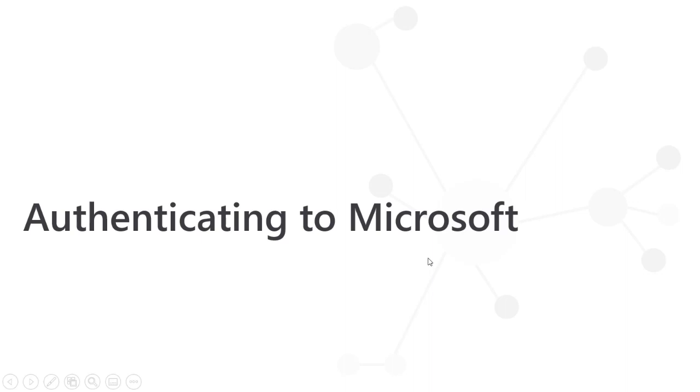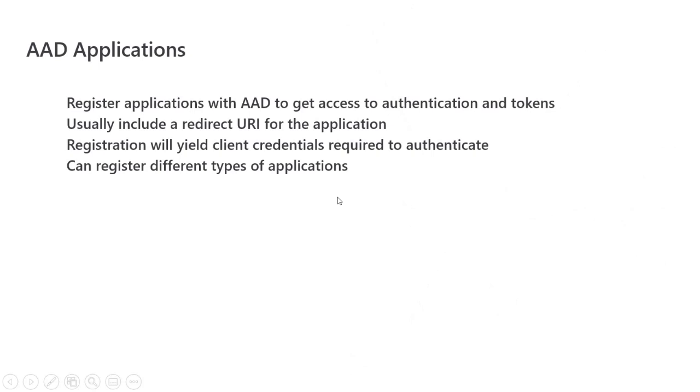One of the first things I want to talk about is how we actually authenticate. So the very core thing we need to do is set up an application in Azure Active Directory. We register these applications ahead of time, and this allows us to authenticate against Azure Active Directory and then to acquire tokens from Azure Active Directory. And those tokens, because there's a trust relationship between Azure Active Directory and the other applications we want to access, are essentially the keys to the kingdom that allow us to go to another application and grab the